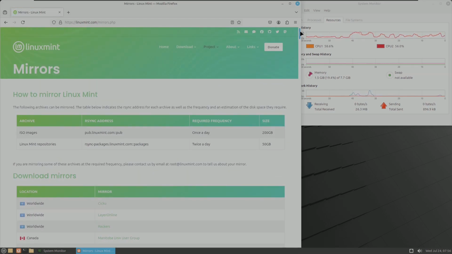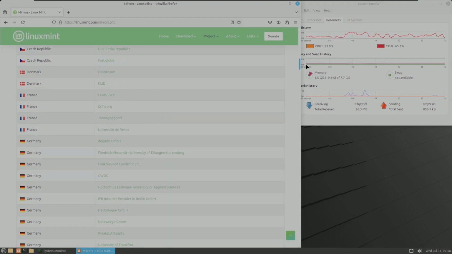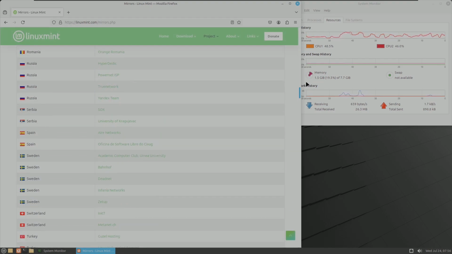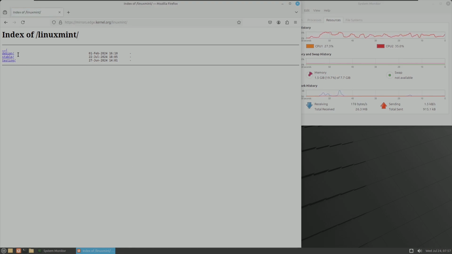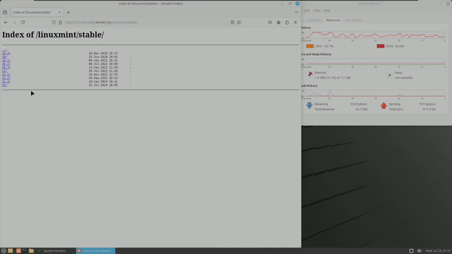You can go through all the mirrors if you want. There are plenty of countries available. Choose your country, or you can choose the worldwide. I'm choosing the layer online. And here you can see the Debian stable and testing. So go to the stable and you should be seeing the 22 version, which is 22nd July 2024. Click on 22